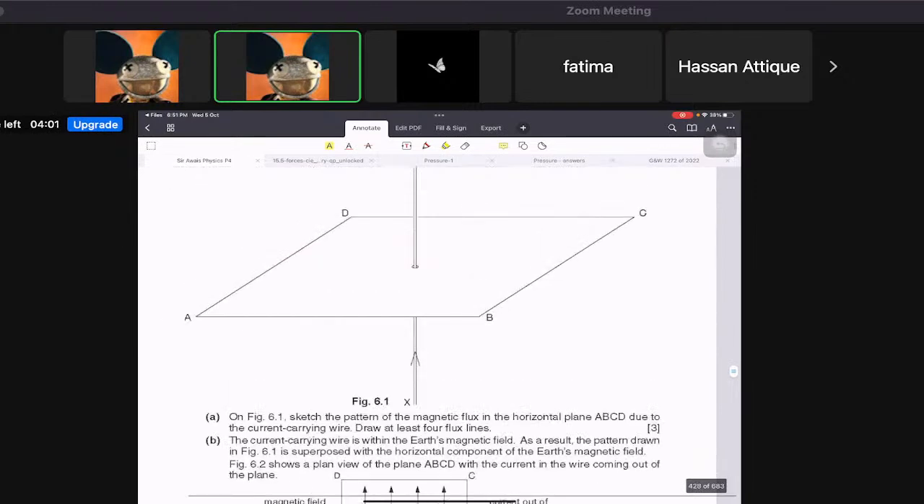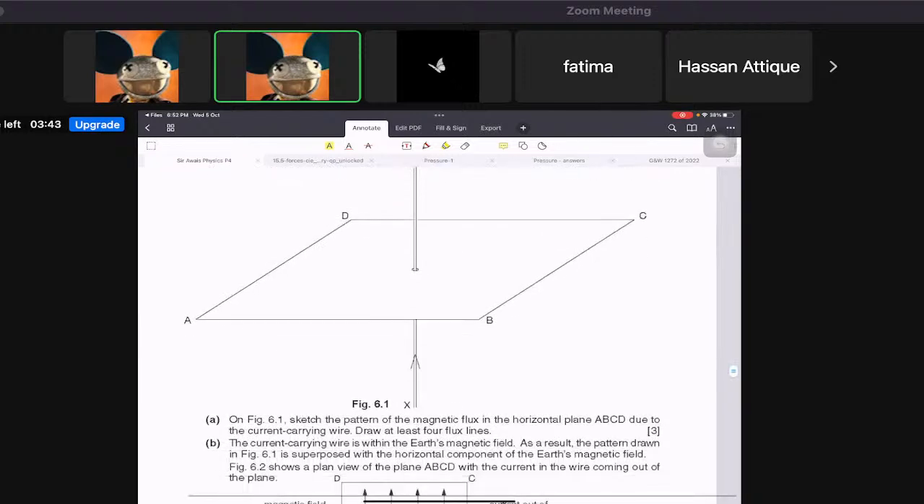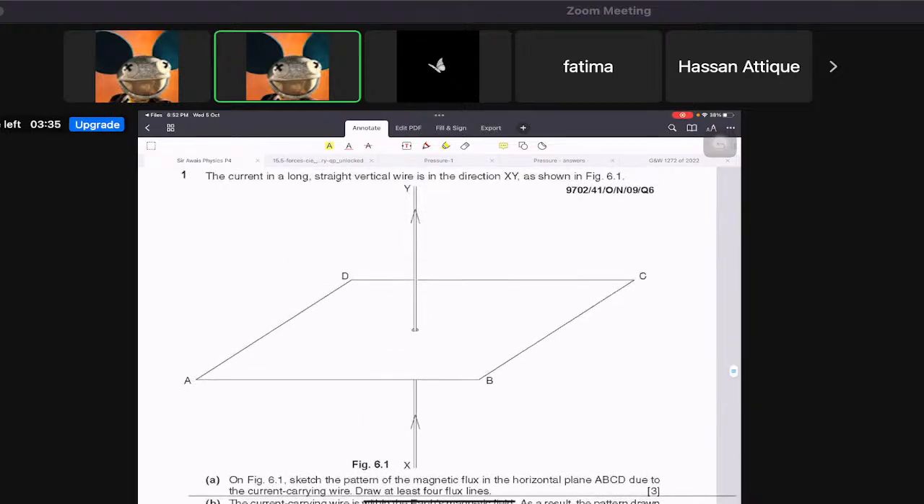Now let's look at the first example, the first question. In this question, they're saying that there's a current in a long straight wire and it's going up, as you can see. It says to sketch the pattern of magnetic flux in the horizontal plane ABCD due to the current carrying wire, drawing at least 4 flux lines. So what you're going to do is use the right hand grip rule, and that would cause you to draw